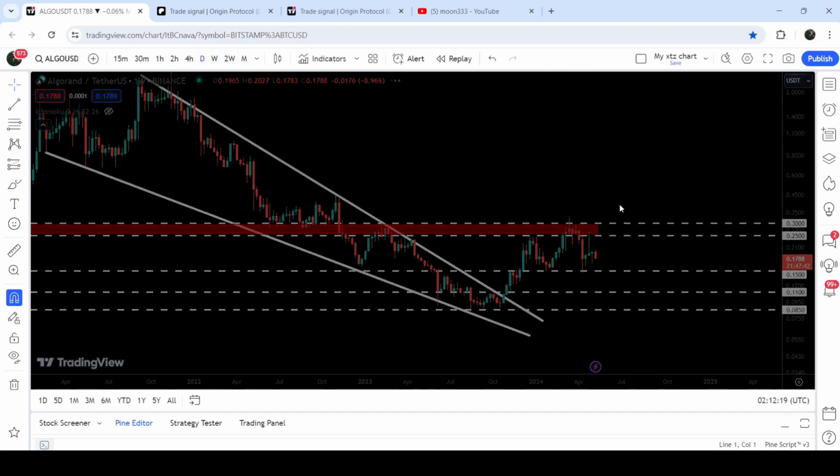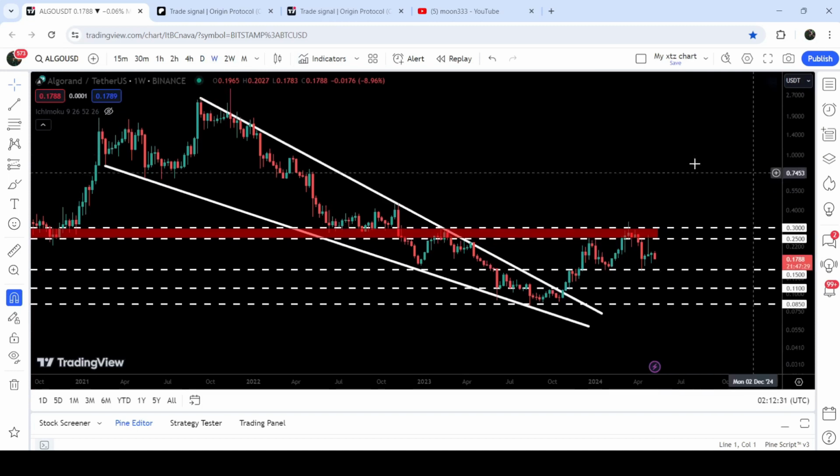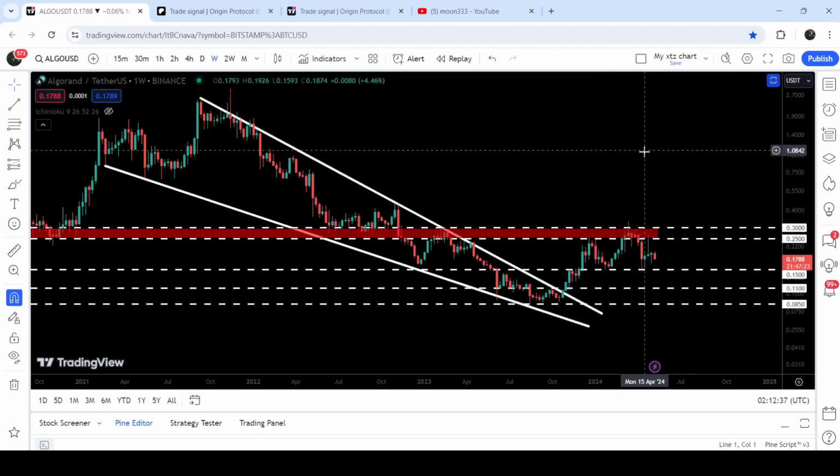If we take a look at the daily time frame chart, then you can see that this was a rejection. You can see that the price bounced and rejected, and now it is again moving towards the support. This is a quite long-term support of 15 cents. And now, at the same time, there is also a hidden bullish divergence signal flashing on this weekly time frame chart. Therefore, now there is a very low probability that the price may break down the support of 15 cents, and it can make another attempt to break out resistance zone that starts from 25 cents and goes to 30